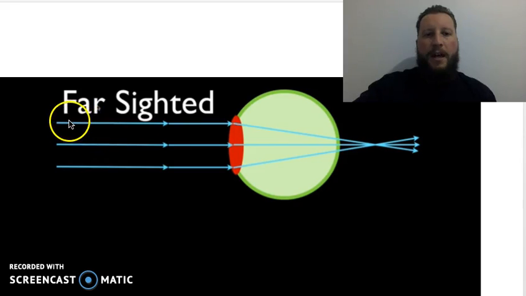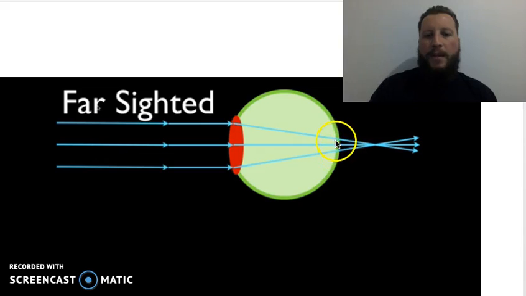Okay, so as we know, the light rays come in this direction towards the eyeball here. So you've got the eyeball, and the red part here is the lens. Now the lens can change shape just a little bit, depending on what you're looking at. Now there's a couple of those muscles, the ciliary muscles on the outside of the lens, that sort of pull it nice and tight, or just let it get small and round, and that allows us to bend the light very slightly, just to make sure that the focal point lands right on the end of